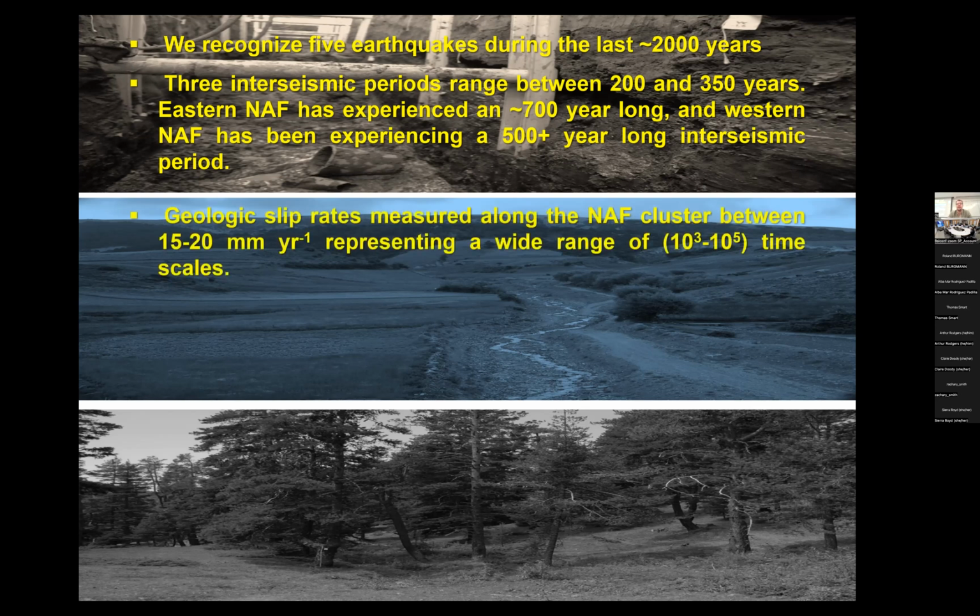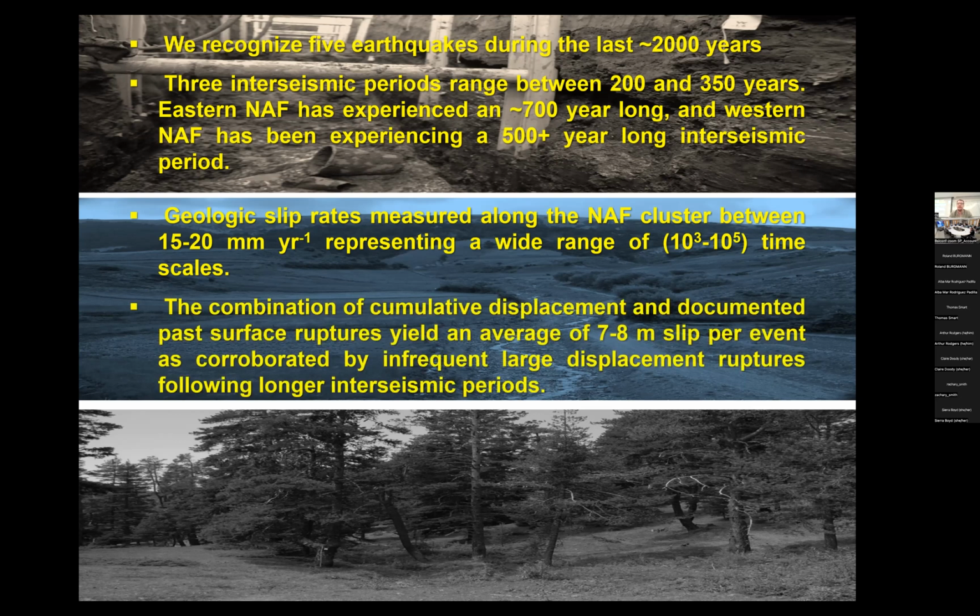The geologic slip rates are ranging from 15 to 20 millimeters a year. That ranges from 1,000 years to tens of thousands of years. And the combination of slip rate story, the cumulative displacements, and the nearby paleoseismic trench sites actually give us an average coseismic displacement of 7 to 8 meters per event. So what we see on the 1939 rupture location, the 10-meter displacement is not really out of the ordinary. And we see that on the eastern section of the North Anatolian fault, we see that on the central section, and we may see it on the western section when the seismic gap fills in